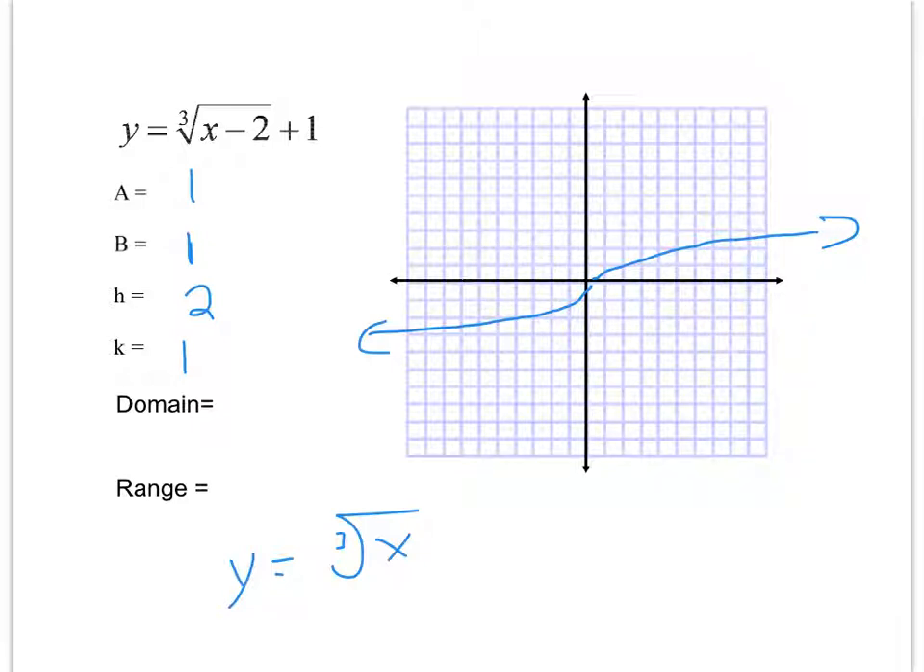Okay? Now, what happens here? The A is 1, so there is no stretch or reflection. A is 1. B is also 1. Good. H is 2, which means now my critical point is going to go right 2, and K is 1. So my critical point right here is going to go right 2 and up 1. So let me get my marker back, and we'll do this in red. My critical point is now here,